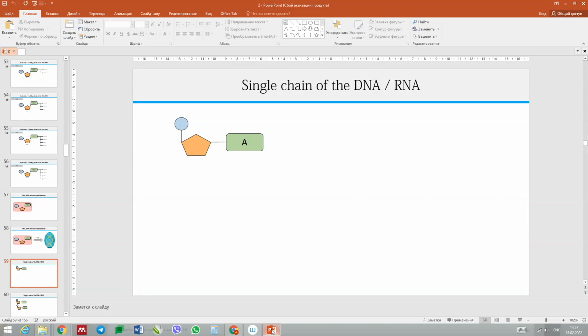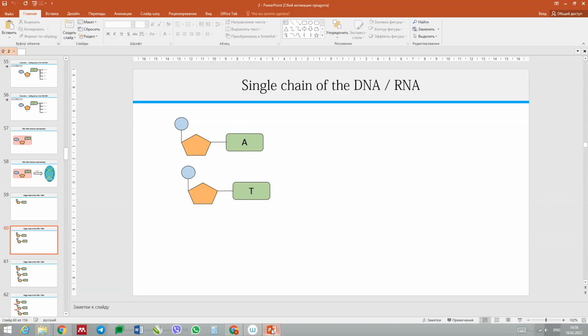This is one, so far separated, building block or nucleotide. And this is a second building block that looks very similar, with the difference that instead of adenine, there is a thymine nitrogenous base inside. And this is yet another building block that looks, again, very similar, but instead of thymine, there is a